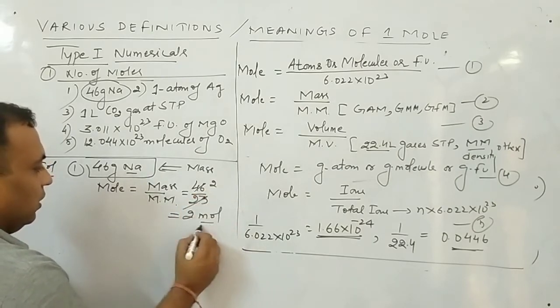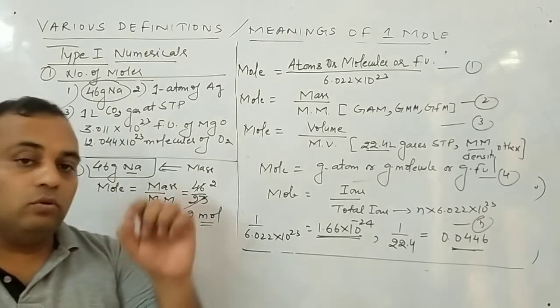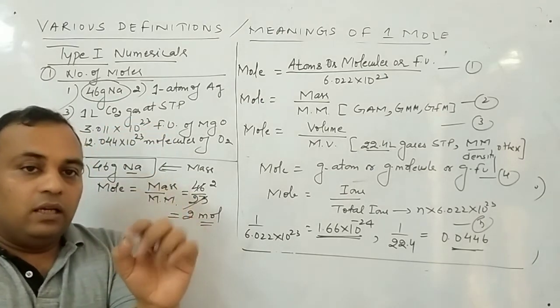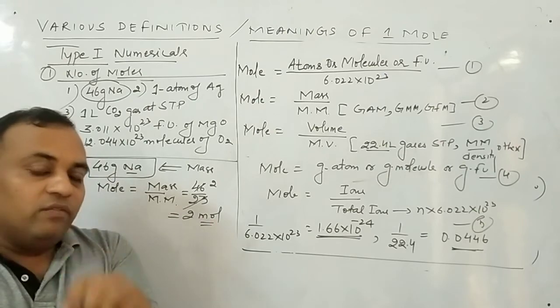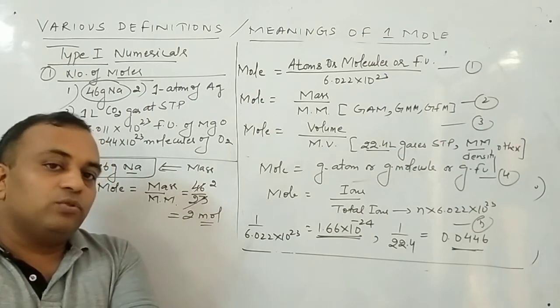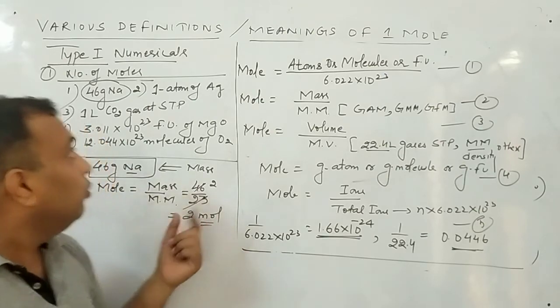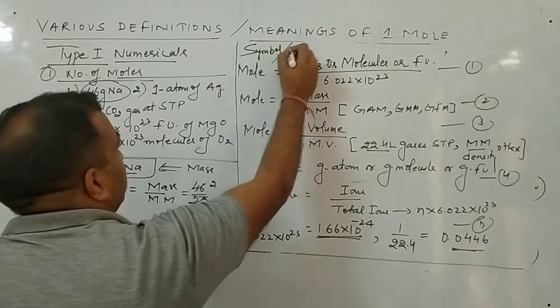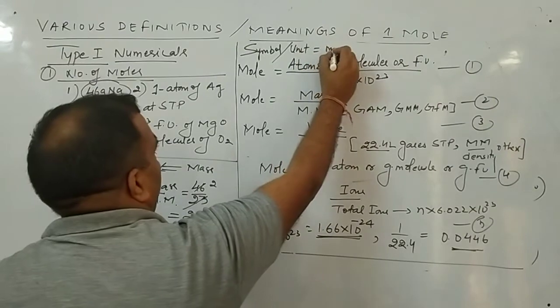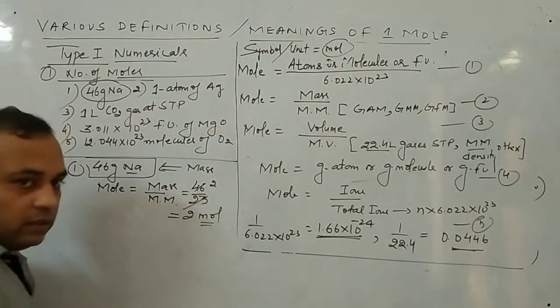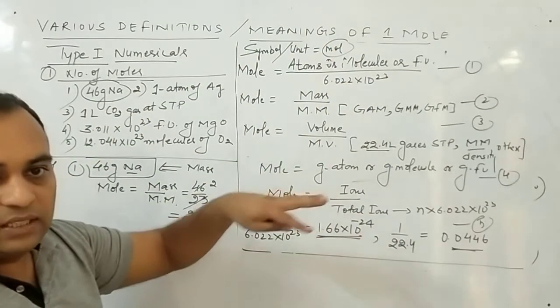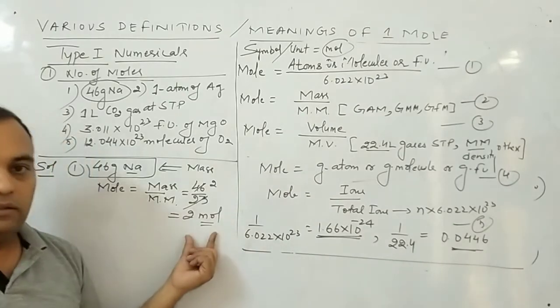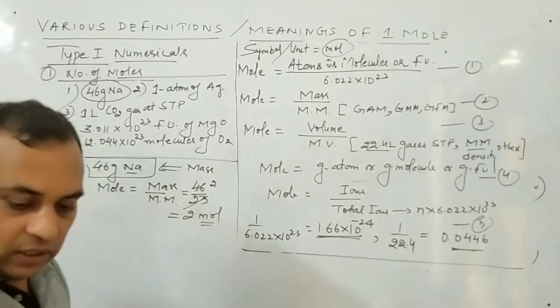Now listen. The symbol of mole is MOL. Remember. Am I clear? इन्हीं लगाएंगे आप. Whenever we have calculated the moles, at the back side you have to symbolize. Then you will write MOL. I'll write here also symbol, or you can say unit, MOL. ई नहीं लगेगा, ये ध्यान रखिएगा. These are the formulas, तो चल जाता है, but जब आप कैलकुलेट कर लोगे then नहीं चलेगा. तो first question is clear.